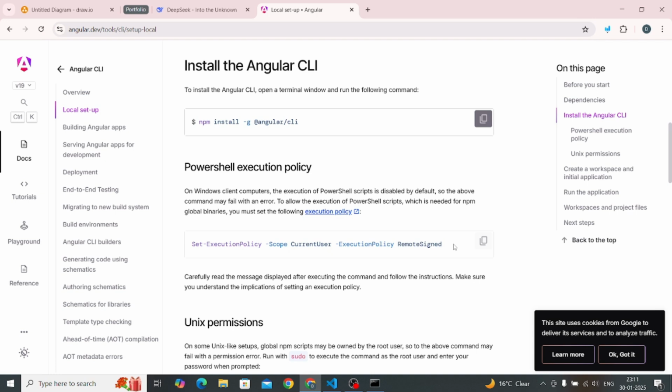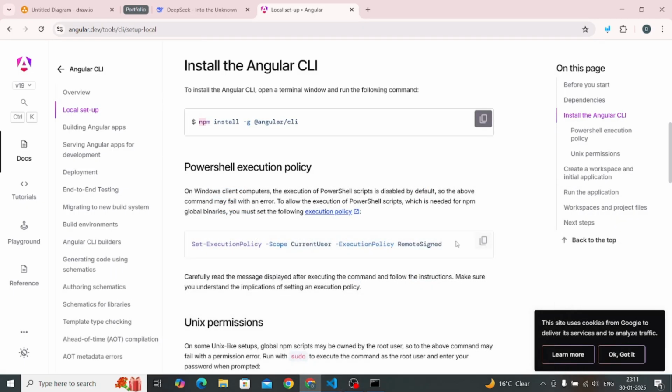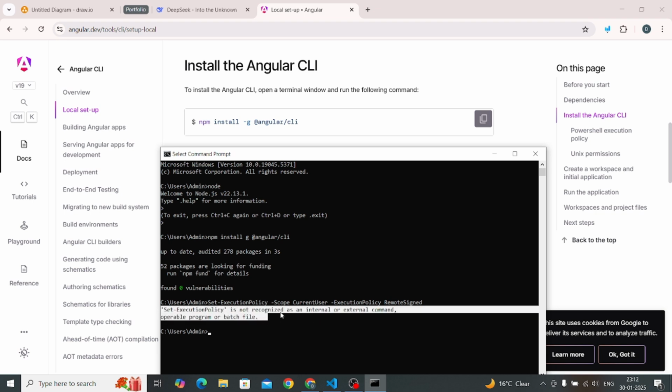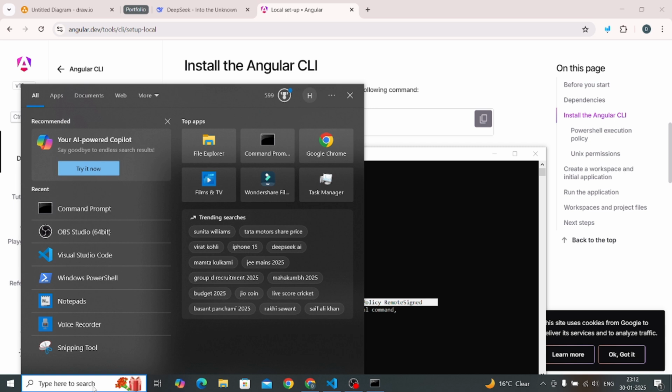Sometimes what will happen is you will not be able to use this npm command in your VS Code terminal. So you should also execute this command. As you can see, we got an error. It is saying that it is not recognized as an internal or external command. After checking on Stack Overflow, I got to know that this code will not be executed in CMD. In order to use this command, you need to open PowerShell